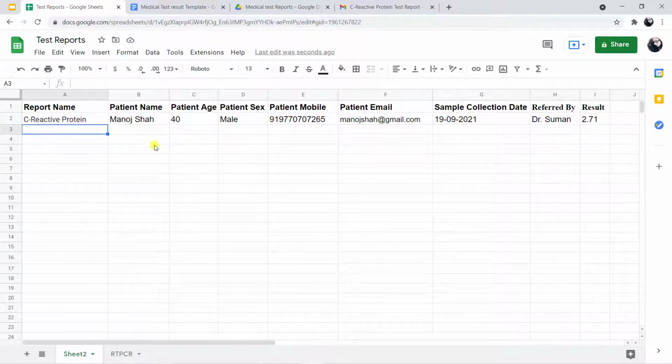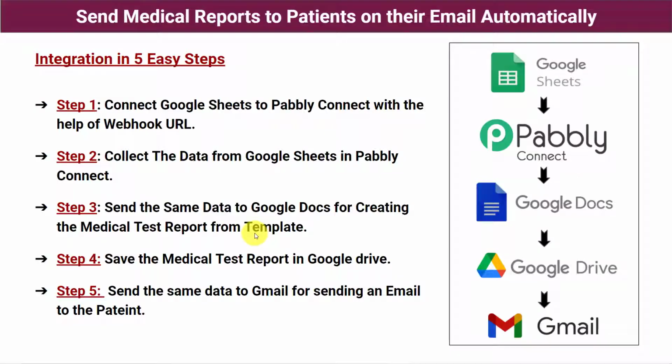That I'm just entering the data and the report is getting created automatically as well as being sent by email. So don't worry, let me show you that I followed very simple steps and created this automation between Google Sheets and email, so that you can also follow the same steps and create this amazing workflow. So guys, these are the steps which I followed to create the automation between Google Sheets and Gmail.